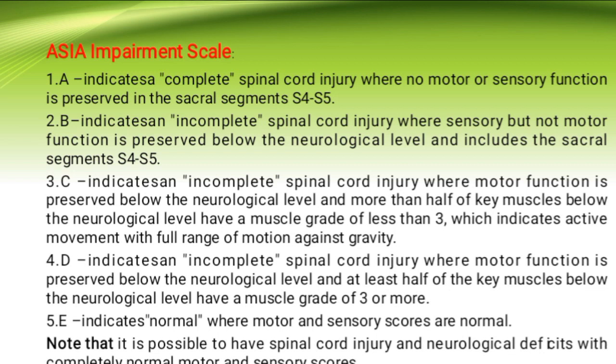So in an event where a person has what we call A, which is just a complete spinal cord injury, where there is no motor or sensory function. When we talk about sensory function, we are referring to the nerves that send an impulse from the receptor cells. And when we talk about motor, the motor neurons, we are referring to the neurons that give feedback for you to put up a reaction and withdraw from the pain.